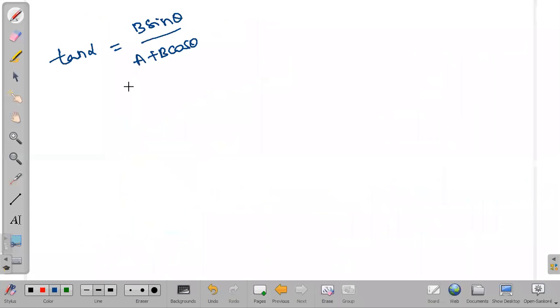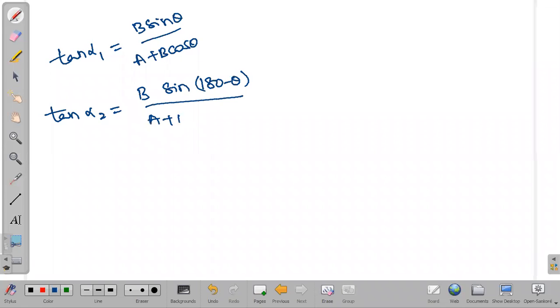This is the angle between the resultant vector and the vector A. Why we are taking this angle is, if they ask in what direction the resultant is, we will go with this. So for addition of A bar and B bar I have taken the angle as alpha 1. For subtraction, A bar and minus B bar, I have taken it as alpha 2. So tan alpha 2 is equal to, same formula I will be using, B sin, but the theta value became 180 minus theta, by A plus B cos 180 minus theta, right?